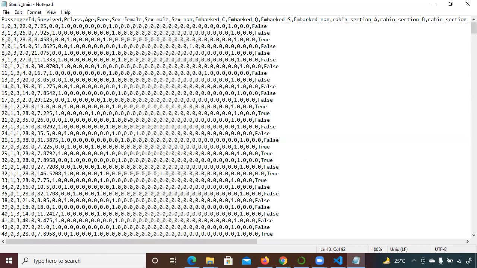No, false. Okay, so here in the Titanic dataset, what are we going to find out based on the passenger ID, their gender, their age? Because normally, in the Titanic movie, it's shown that those who are kids, those who are female, they were saved first. Normally we do it like that, right? And then the old senior people, we save them, and those who are young, they try from their side, right? So we considered several features here. These are my input features. And what is my target variable here? Survive is my target variable.